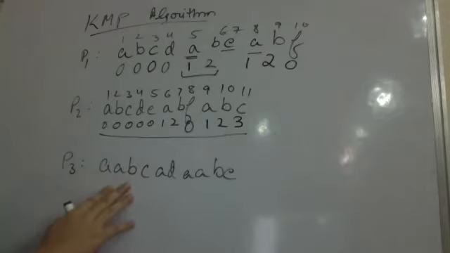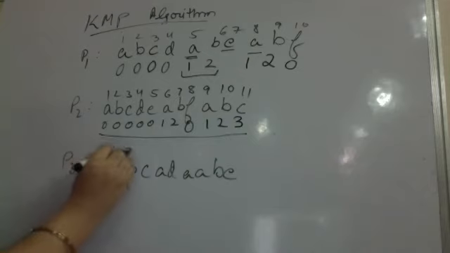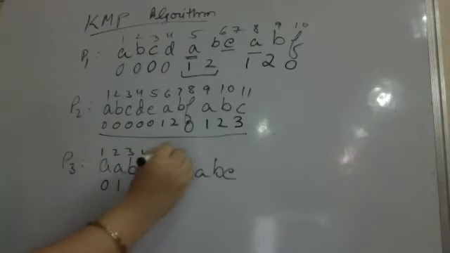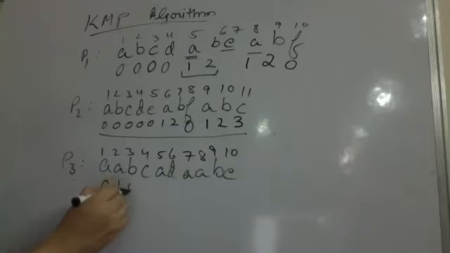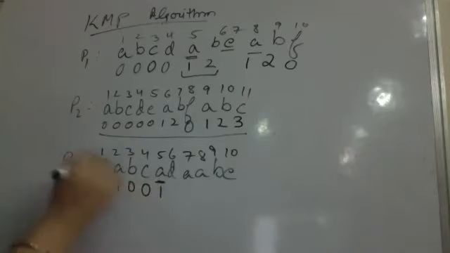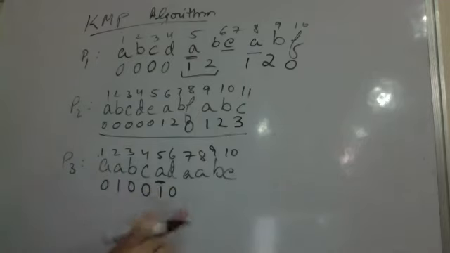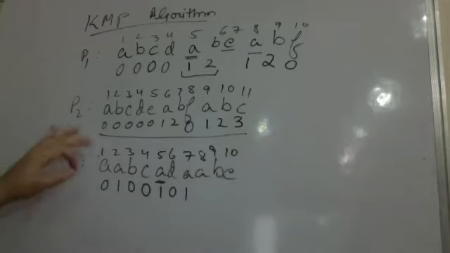Let's see another example. A is coming for the first time. This A is not coming for the first time, so I will write the position here of the previous A that has actually happened. So now this B is coming for the first time, C is coming for the first time. A is not coming for the first time, it has happened earlier. I will write the position of that A. D is coming for the first time. Again, this A is not coming for the first time, I write 1 over here.